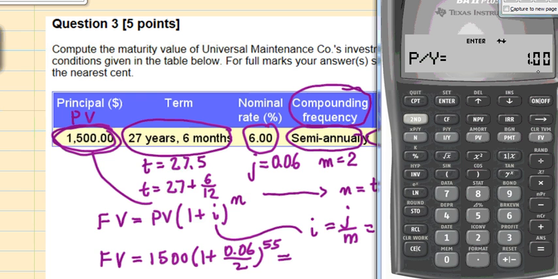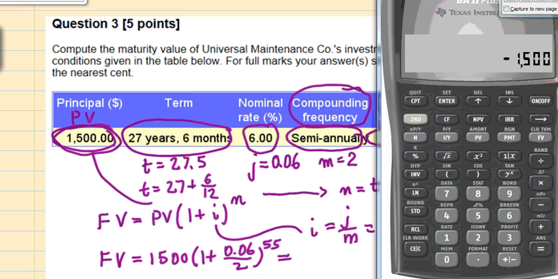We have a lump sum, so it's only one payment, so please enter this, enter, and then scroll down, and C over Y is 2, so we want to put 2 and enter that, because there are 2 compounding periods per year, and cancel that. The next thing we want to go and place present value, that's $1,500, but we want to change sign because we're